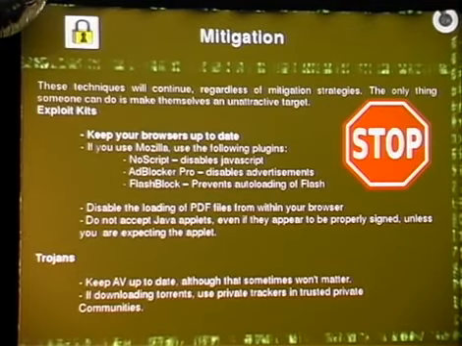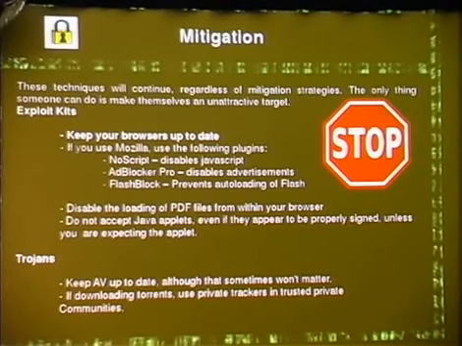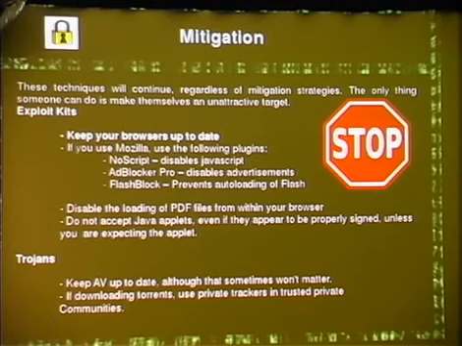And mitigation. And these techniques, they're going to continue. It's very difficult to stop them. The only thing you can really do is make yourself a less attractive target. Antivirus isn't going to work. Your bank's fraud controls aren't going to work because they'll transfer the stuff out in increments and patterns that evade the fraud detection. The only thing you can really do, lock your browsers down, try to prevent iframe injection, don't